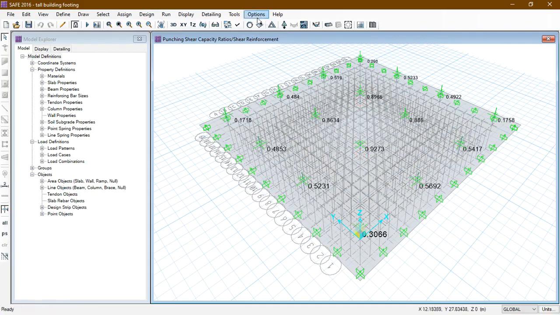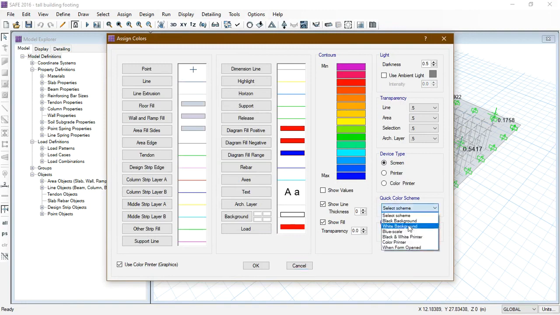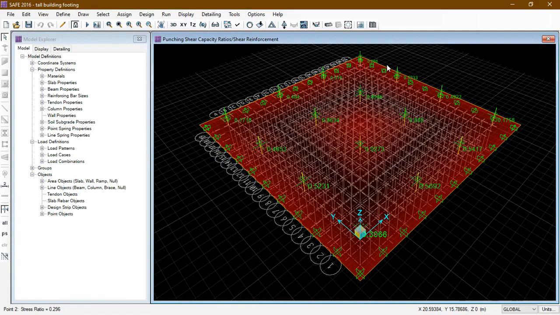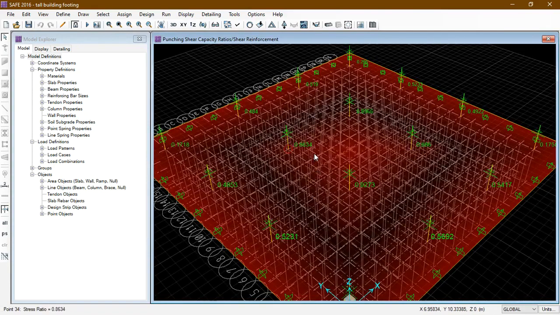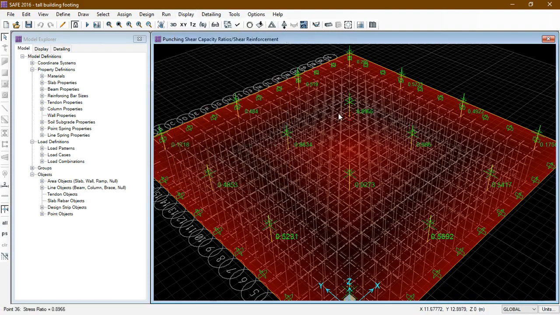First of all, we change the color to black. Click on OK. Now we can also see the other forces. First of all, we also see it in 3D.